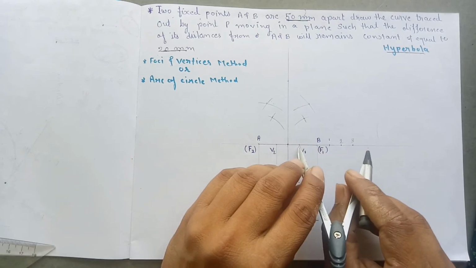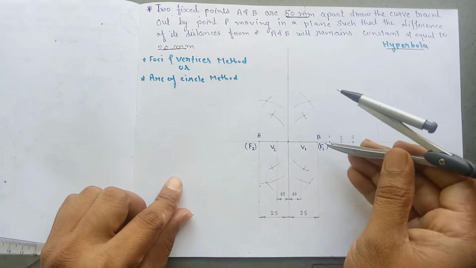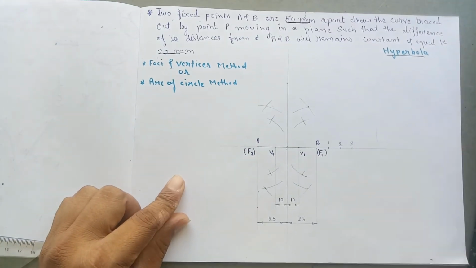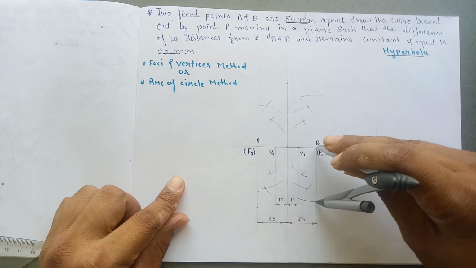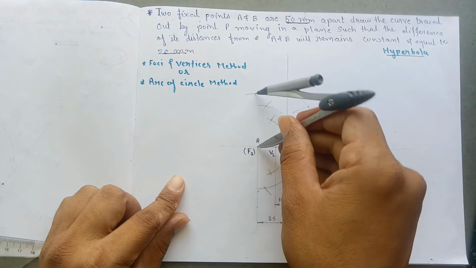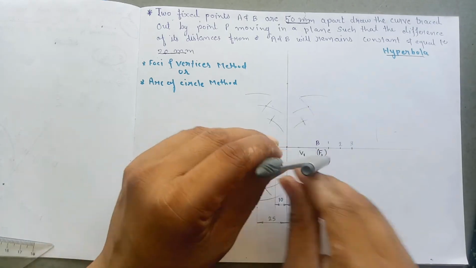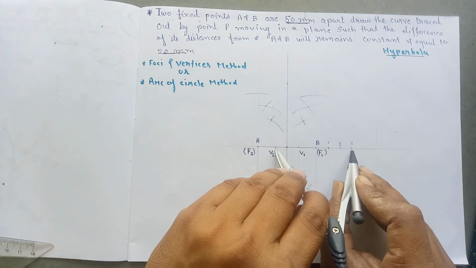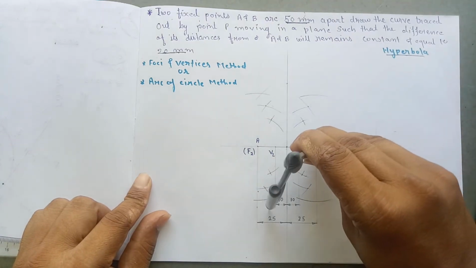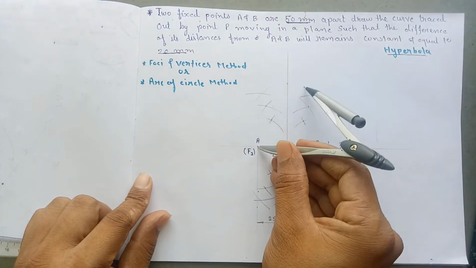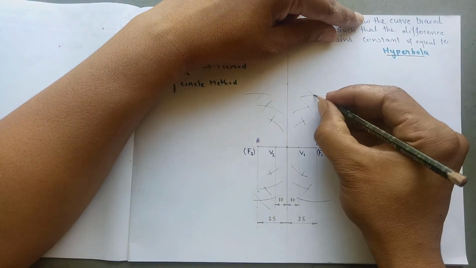Measure the third point from V1 to 3. Give an arc from the focus point F1, 1, 2, focus point F2, 1, 2. Now measure the third point from V2 and give an arc from the focus point F1 over here, F2 over here, and mark these points